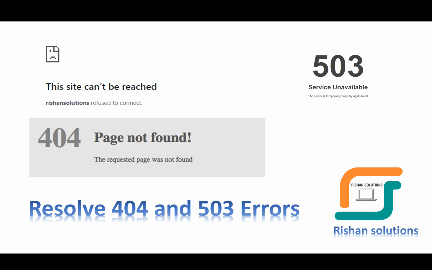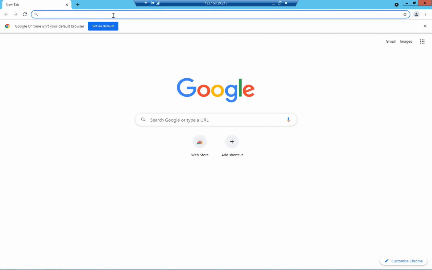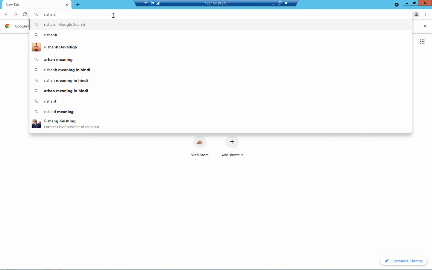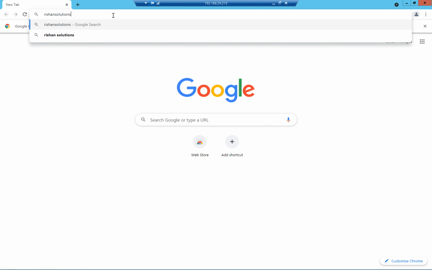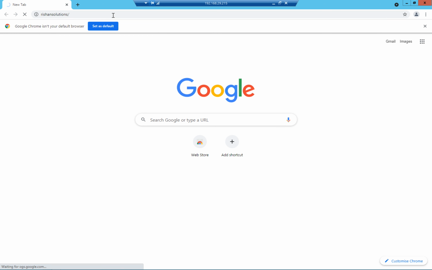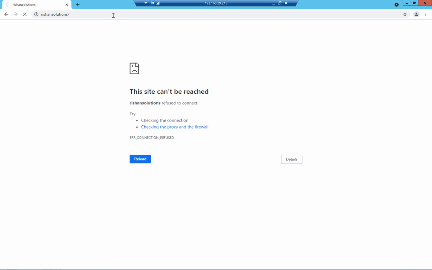To resolve these kinds of errors, we'll go to the site, and we'll replicate the same errors in the browser. So I'm trying to open Rishan Solutions. We'll see what error we get, and then how to resolve these kinds of errors in IIS hosted sites especially. Now see, when I try to open this Rishan Solutions, I got a message stating that this site